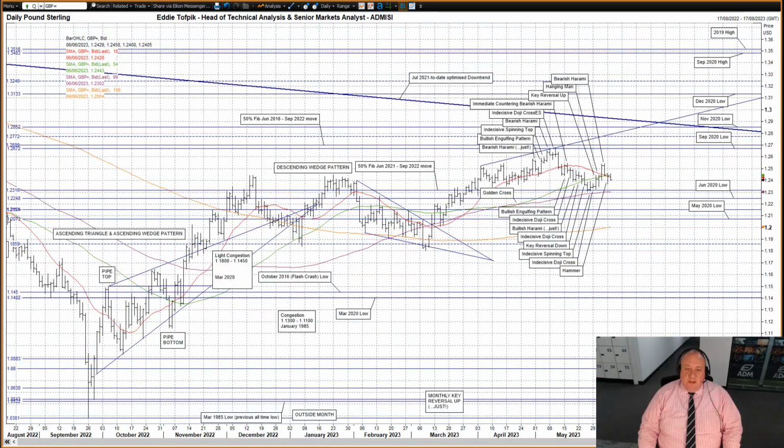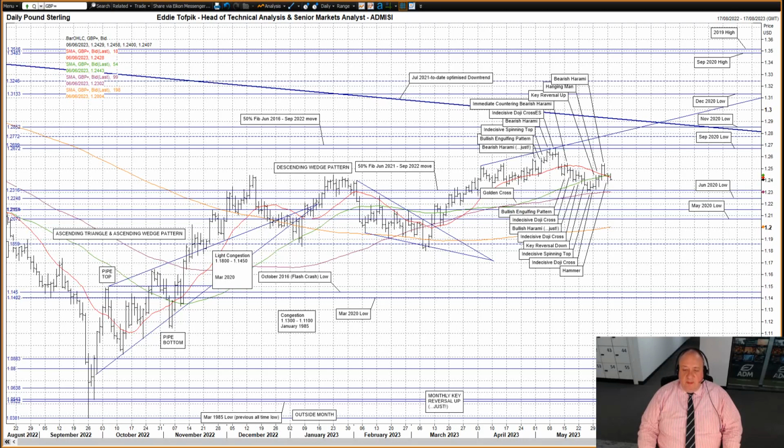Cable, aka sterling against the US dollar. An interesting hammer pattern type yesterday after the previous session's bearish harami. I suspect this was most likely caused by interference between the market and the slowly rising short medium moving average, currently 124.44. We're currently in an area of congestion, seen in April and mid-March, between roughly 124 even to 125 even.